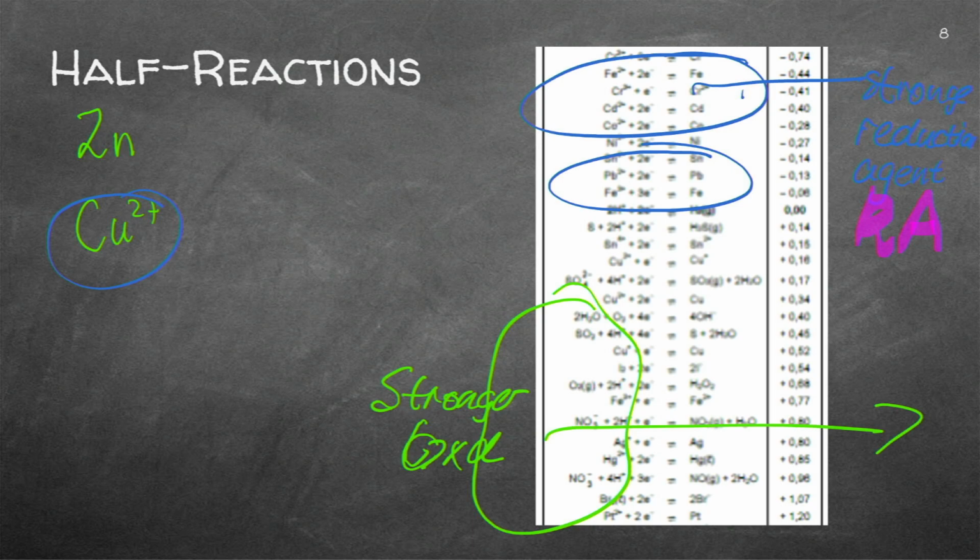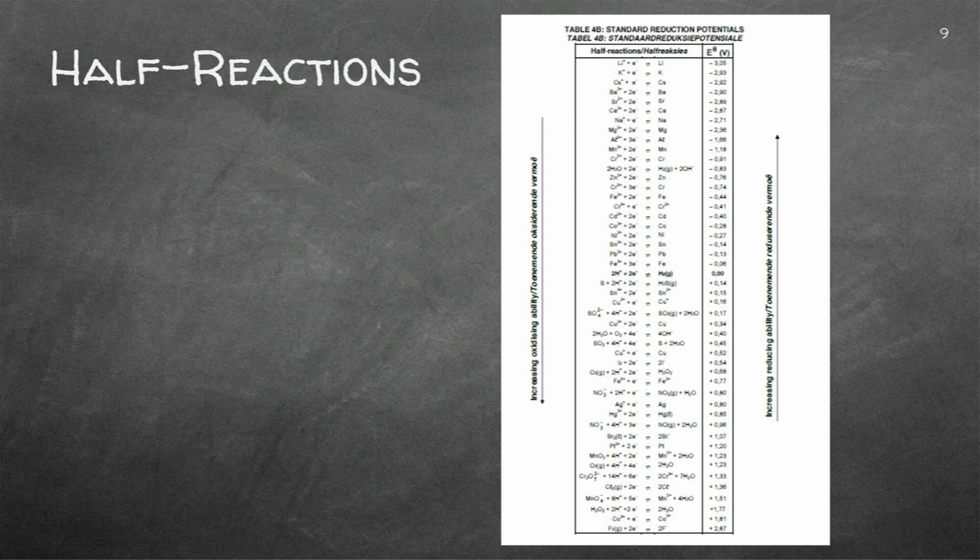So if we've got this reaction of, let's say, what did we have? Zinc. Let's see where we can find zinc. I can see it there. And have a look on your table. Can you find the zinc? And see if you can find the copper 2 plus. Now, I'll show you now. You must be careful with copper, as with others. There might be 2 or 3 reactions.